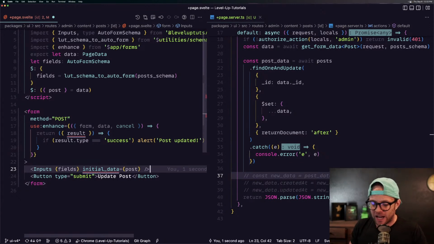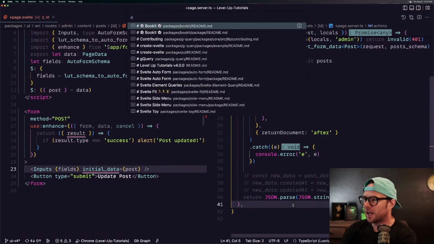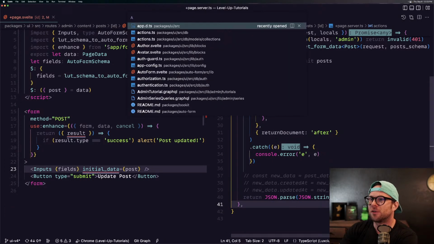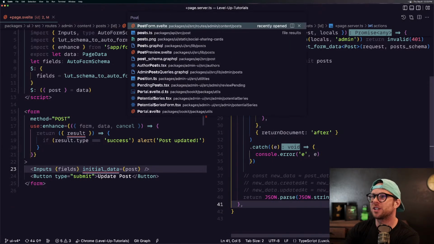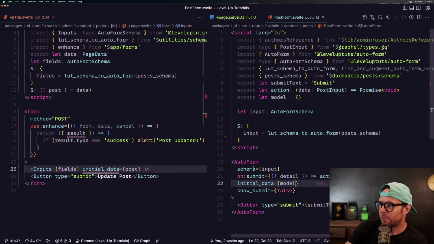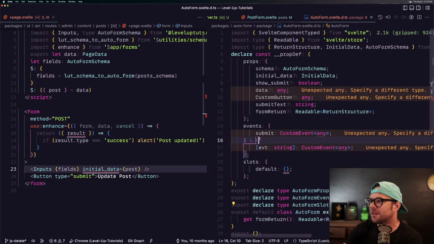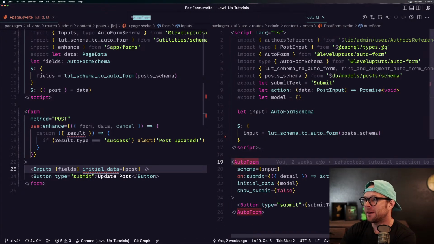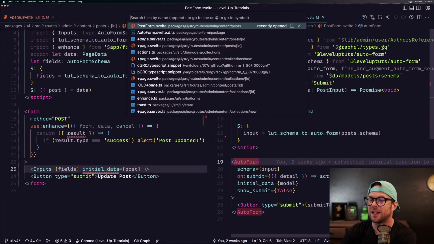My caveman React brain says, all right, you have an input. What do you got to do with that input? You got to control the input. And so I wrote this whole AutoForm library, and the entirety of the AutoForm library, we check out our post form. I'll show you this thing. AutoForm library, it takes a schema, it has an on submit, it gets initial data, and AutoForm itself is a tremendous mess. And it's not because of me. I mean, I wrote it, so